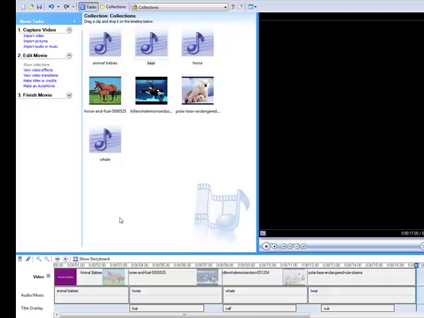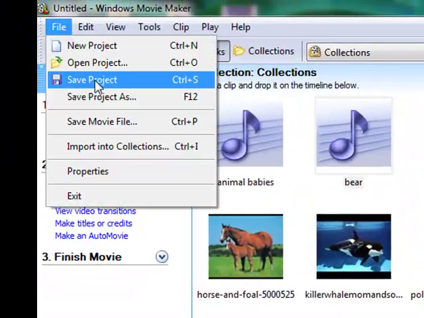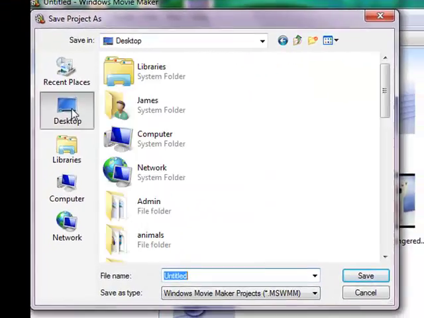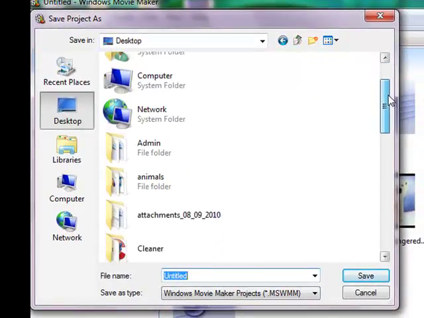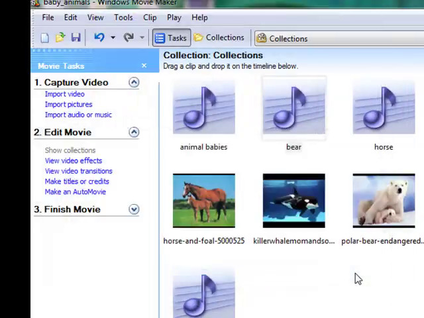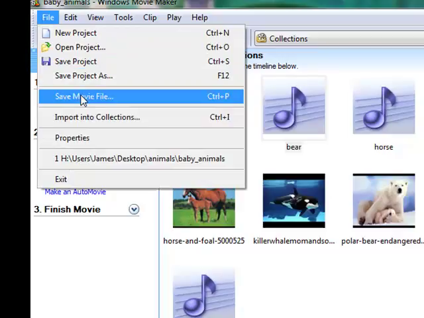The last thing that we need to do is to publish our video. So let's go up to File and Save Project, and save the project wherever you want to, perhaps on your USB stick. Give it a title. And the next thing we need to do is to publish this in a file that can be uploaded to YouTube. So I go File, Save Movie File,